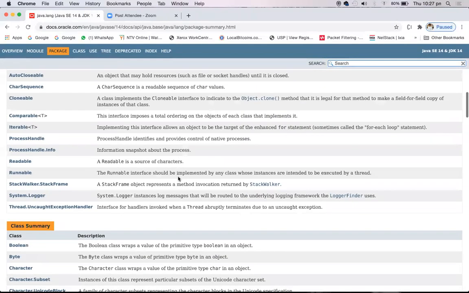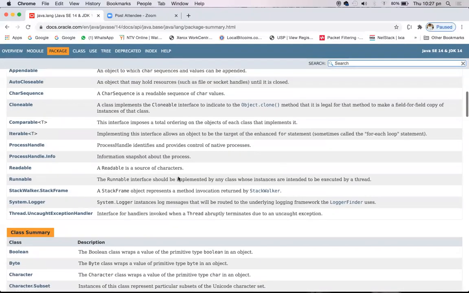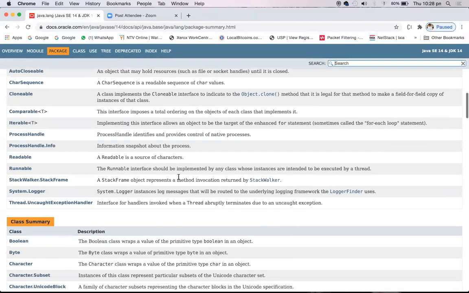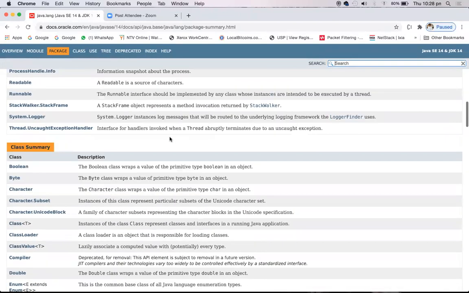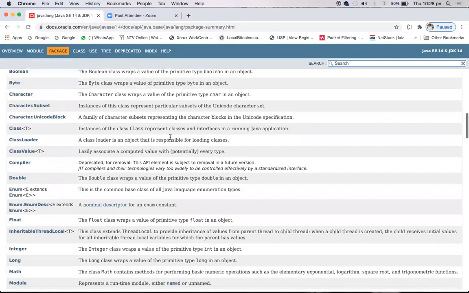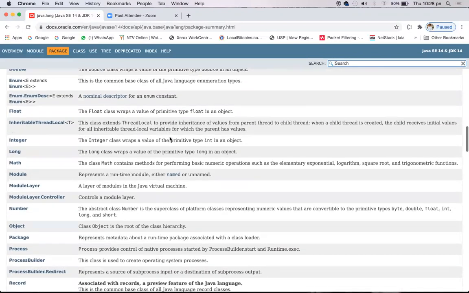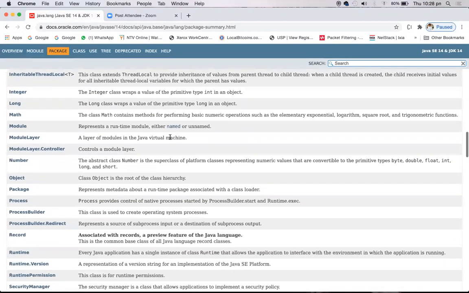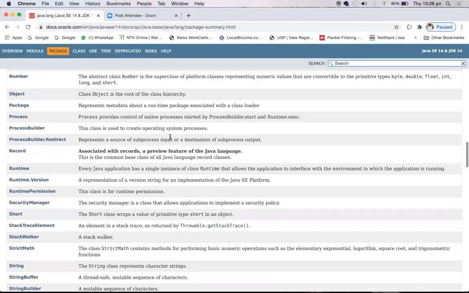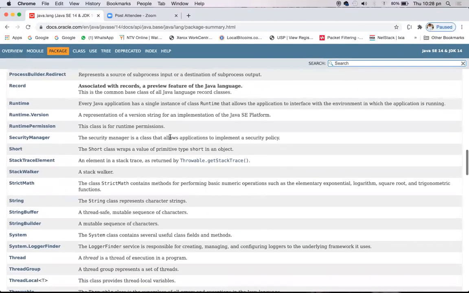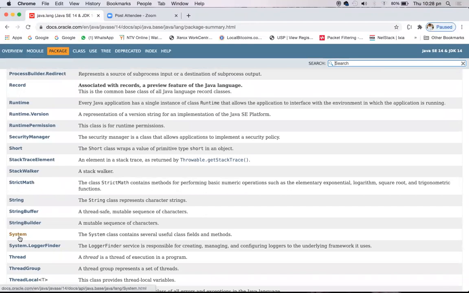So in the lang package there are so many interfaces initially, and then we have so many classes, and my interest actually is initially the System class, and then the String class, then the PrintStream class. So now here we have the System class. Okay, so you can actually see this, right? Otherwise I can point this out with some annotation. So this is my interest actually.